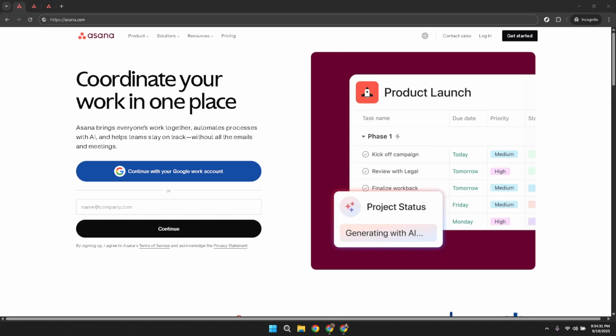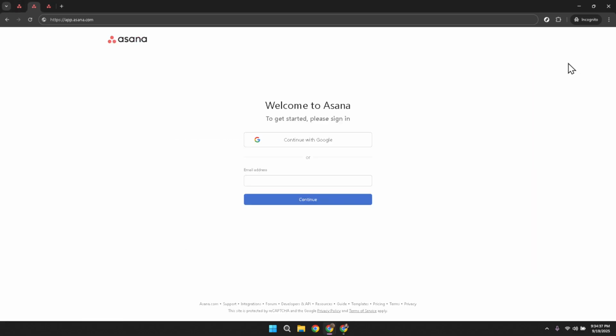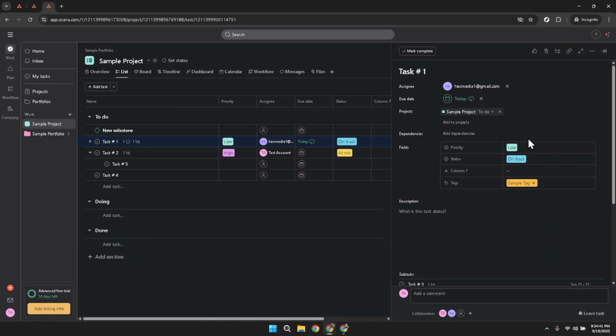To get started, you'll first want to navigate to the Asana website. Once you're there, look to the top right corner of the page and click on the Login button. Asana supports several login options, so for a seamless experience, I recommend clicking on Continue with Google. Choose the appropriate Google account that you typically use for work, which will bring you right into your Asana workspace